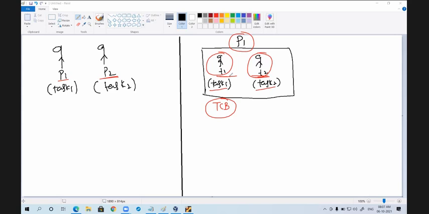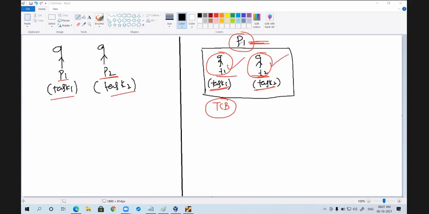So now tell me, are these two works done under a single process or under two different processes? Can I say under a single process, one process, multiple threads.